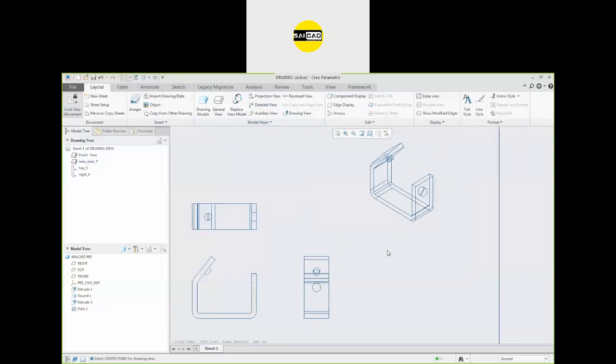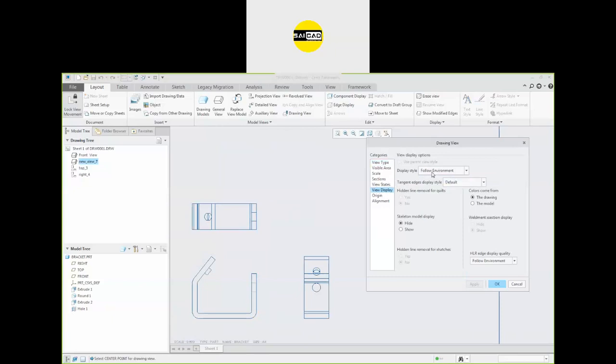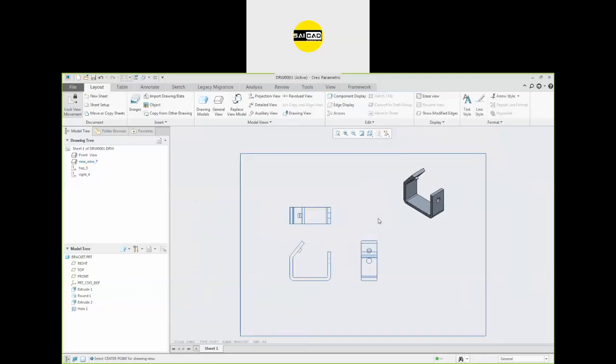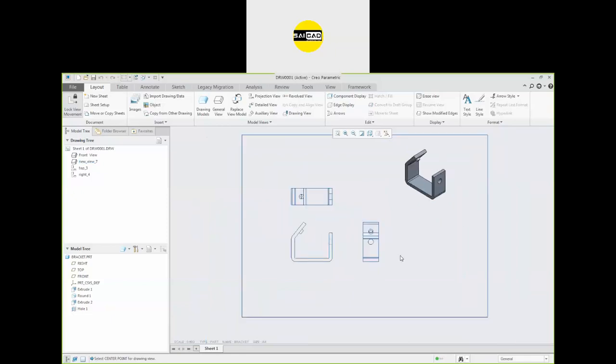You can see that. Okay, now I want it to be in the 3D, so go to the property, go to the display. Right now it's on the follow environment. You can do that the shading, the value, apply, OK, and here is the view. Like that you can just create your different views.